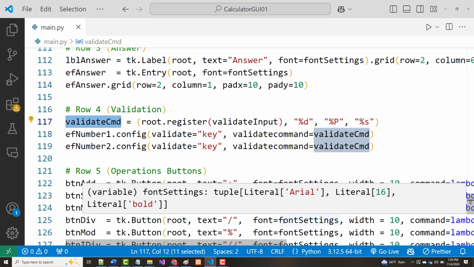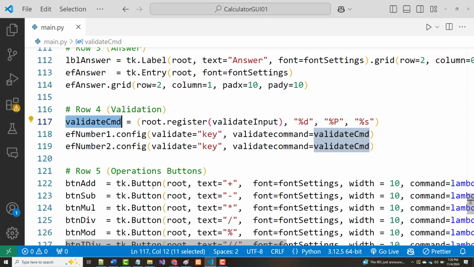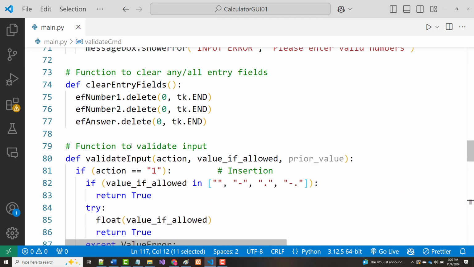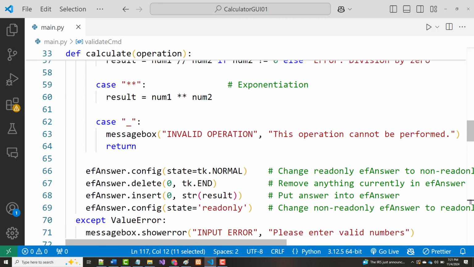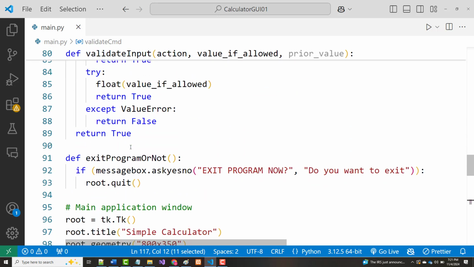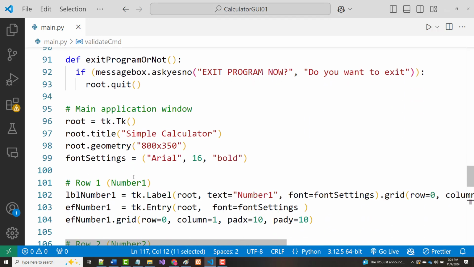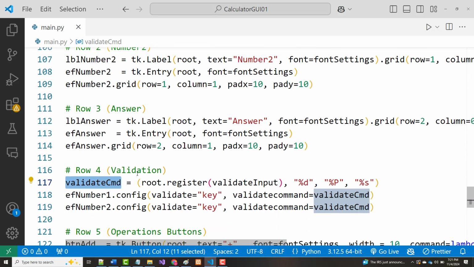And that variable holds the function validate input and its parameters. So basically, this is going to hold the result that we get back from in here. I don't know if that makes a lot of sense or it doesn't make a lot of sense,